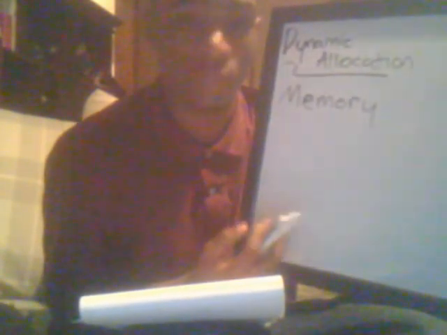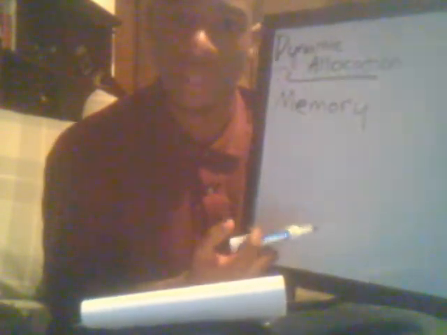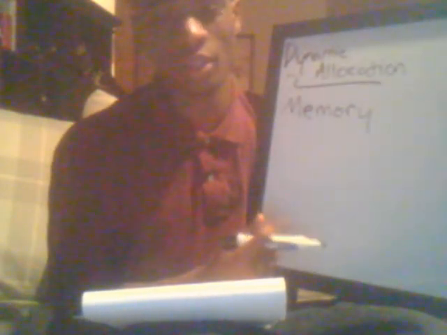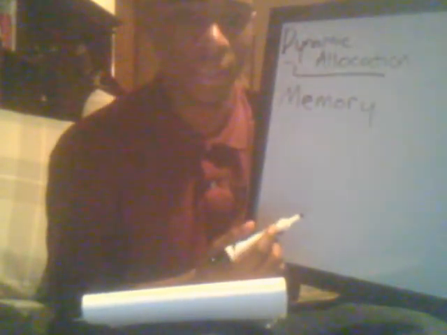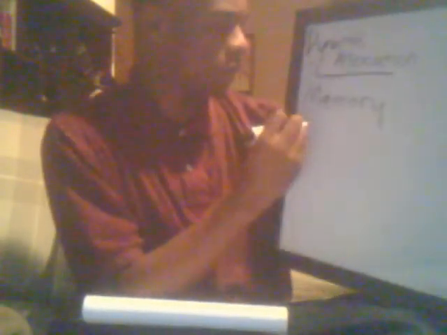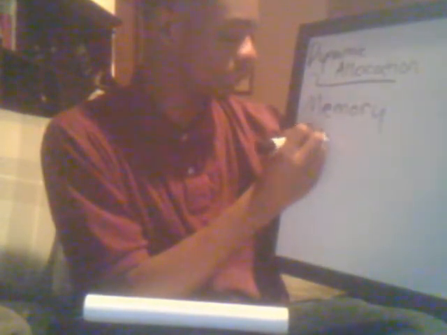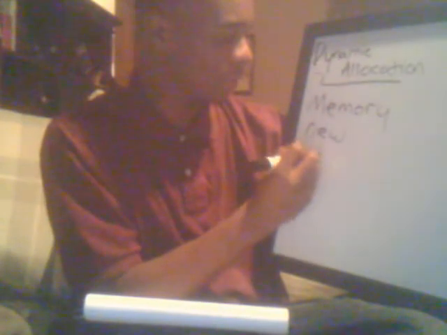If our computer runs out of memory space, then we can't store any other values. We don't have any room to store anything in any memory addresses if we use up all of our memory space. Now, this is prevented with the two functions that are introduced when dynamic allocation is introduced, and those two are, in C++, new and